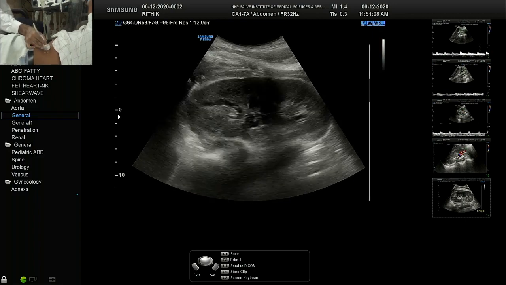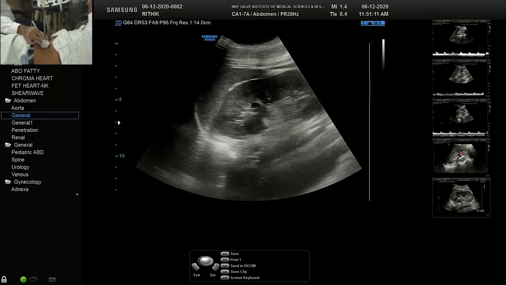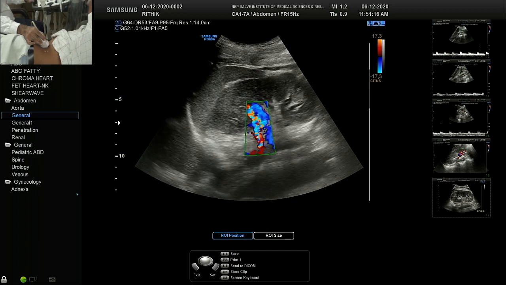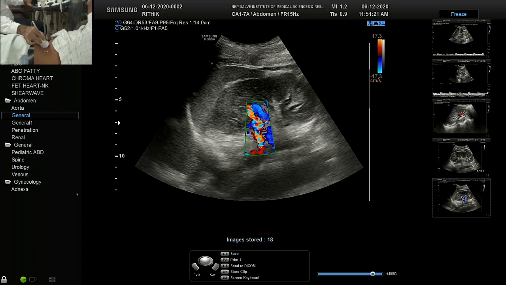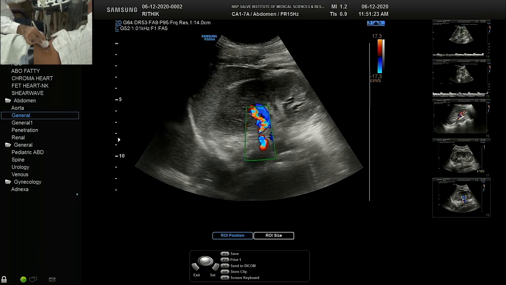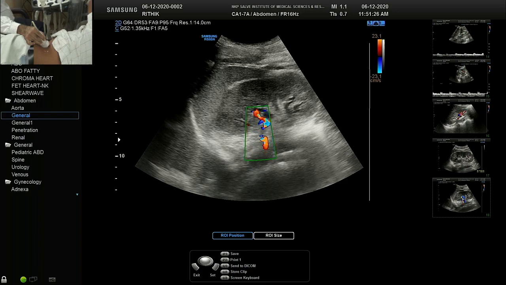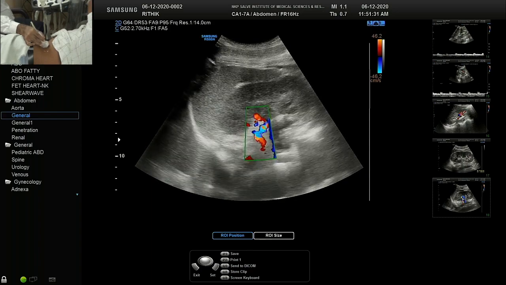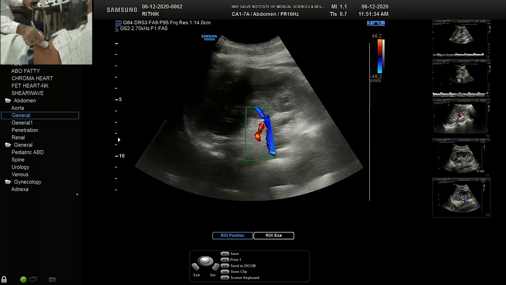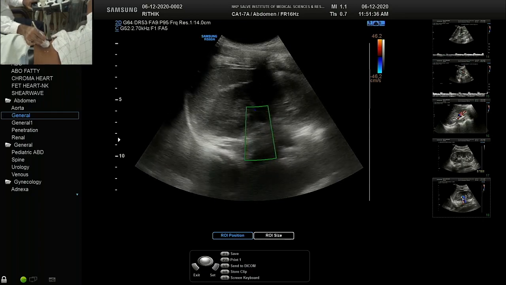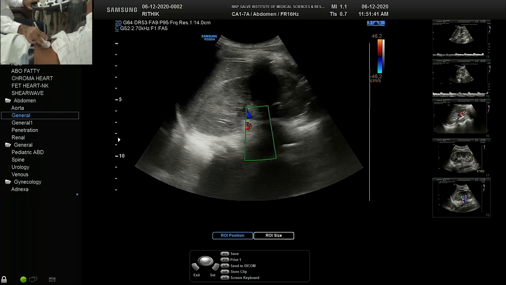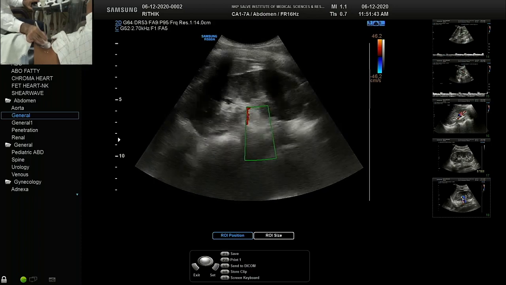So we try to see the renal artery here with color. That is the hilum, and that is almost the complete left renal artery from the origin. So we are seeing a lot of aliasing there. So we can increase the PRF so that the renal artery shows a normal flow. Wherever it is tortuous, it will show that mosaic or a little bit of aliasing, but that is normal, as long as the Doppler parameters are normal.